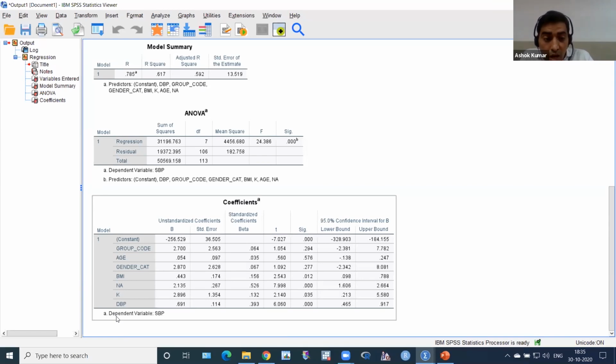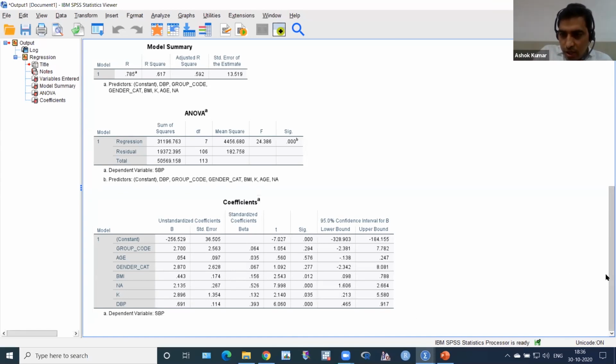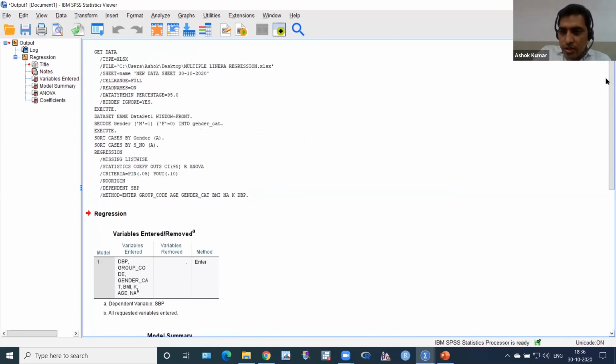Then we get, okay, after controlling all these variables, only a 1 unit increase in sodium value, the systolic BP is increased by 10 mm of Hg. Then we have to think about, okay, we have to do something. So this is the beauty of this multiple linear regression. Now we will proceed, and I will take half an hour for Cox regression